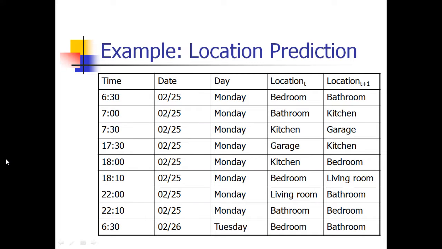An example has been given. For example, he gets up at 6:30 on Monday. He will go to the bedroom, then he will go to the bathroom. T plus 1 is the bathroom, so he is in the bathroom. So next one is bathroom. From the bathroom he will go to the kitchen. Okay, from the kitchen he will go to the garage. From the garage to the kitchen, then kitchen to bedroom, bedroom to living room. Like that it has been given. What he will do is the daily activity on Monday. Then from Tuesday it is being done. So this is an example for the derivation.